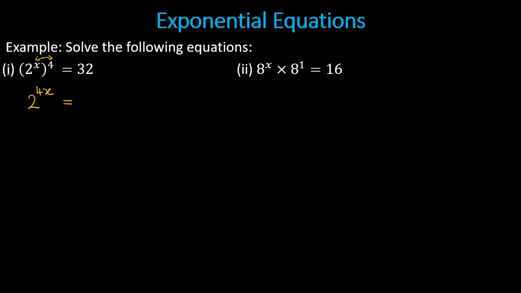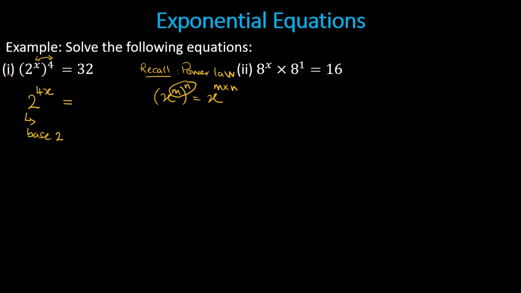because this is what the power law tells us. You remember the power law? It tells you x to the power of m to the power of n is simply x to the power of m times n. You need to multiply these two powers like we have done here. x times 4 is simply 4x. Right? Now, since we have base 2 here